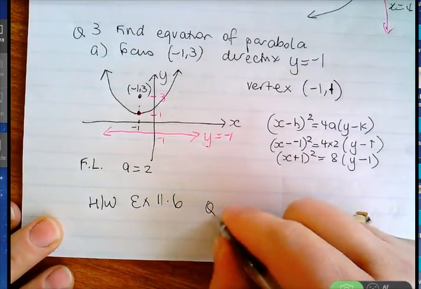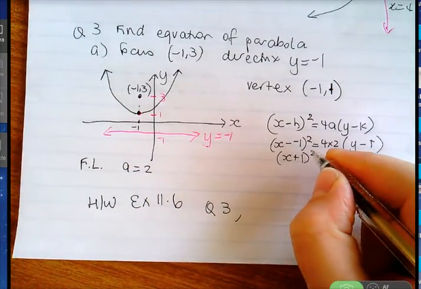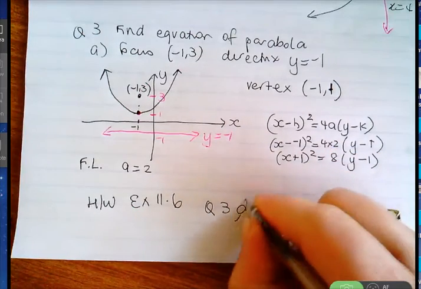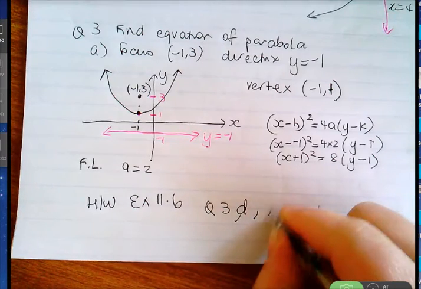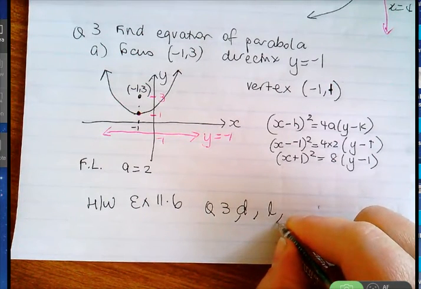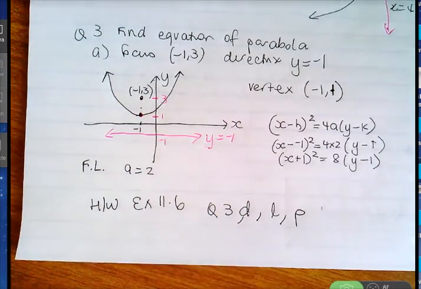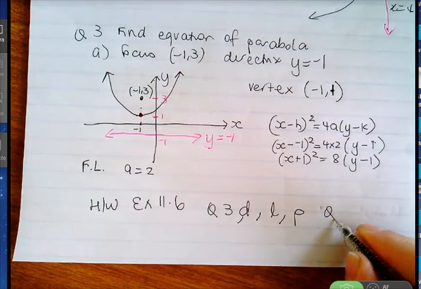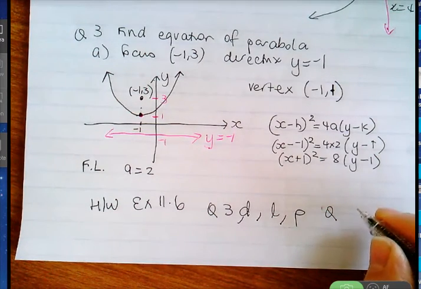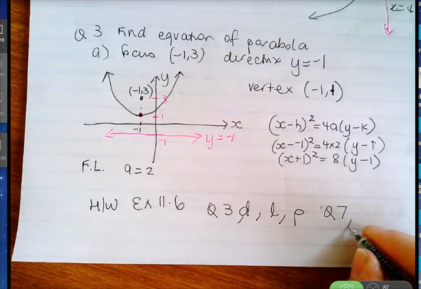All right, do another one from question 3. Can you do 3D and 3L, so L's got a negative, and 3P. So they're all the different types from that exercise, exactly the same as what we did, girls. Sketching will help you. Then you can do question 7. Be careful. Try question